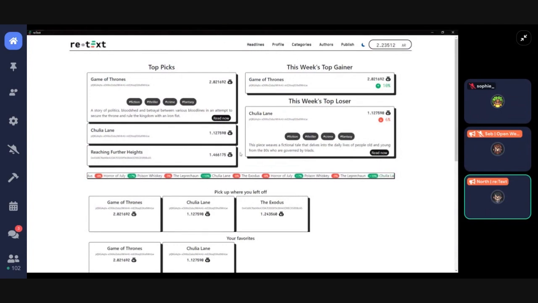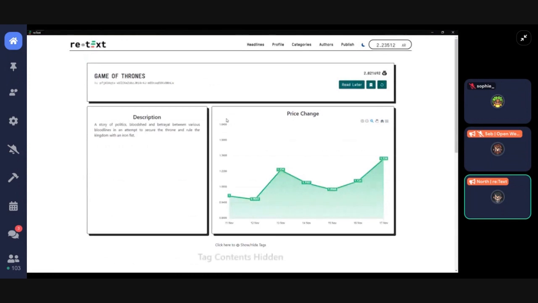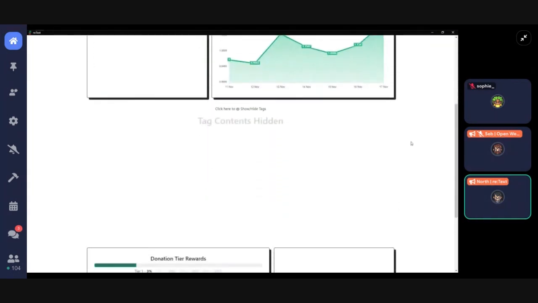As of now, this is our vision of a platform, where content prices are displayed as ink. Ink is algorithmically determined by reader votes. Each content will have its unique price required to access. When a reader sees a content of interest, they can click into it and view the price changes and the descriptions of the content. As a reader, access to the published content is free, but restricted. With enough R tokens, or like in this case, the content has an ink value of 2.021, the reader will need to have more than this amount to fulfill the challenge and be granted access. We call this challenge-based access, which eliminates paywalls and implements what would be a hold.